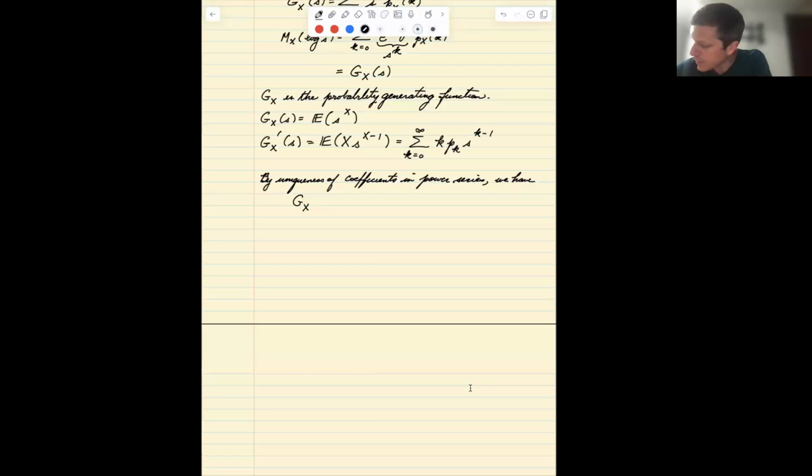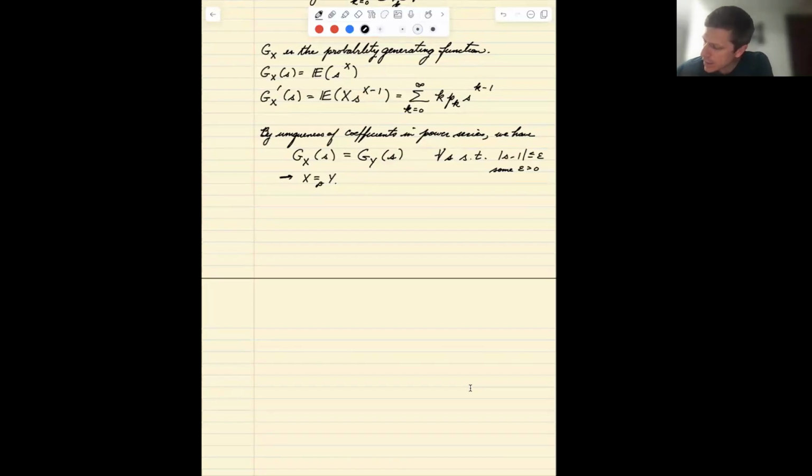at s is equal to the probability generating function of Y at s for all s in some region of 1. This implies that X is equal in distribution to Y. Well, doing that gives us the uniqueness theorem for MGFs, moment generating functions,